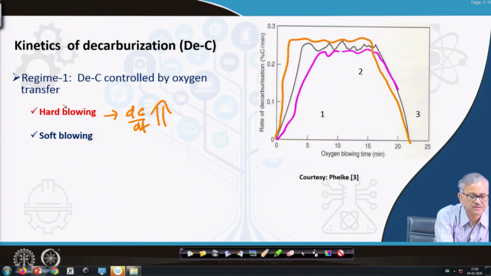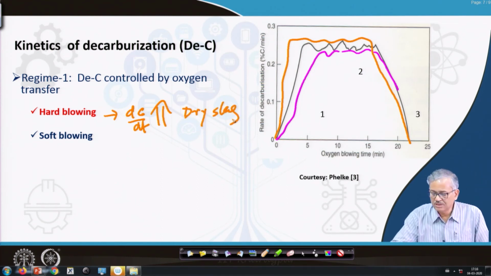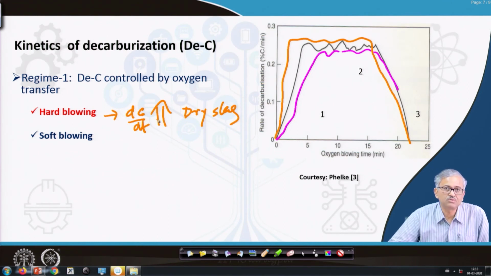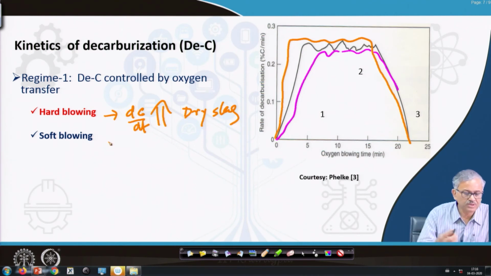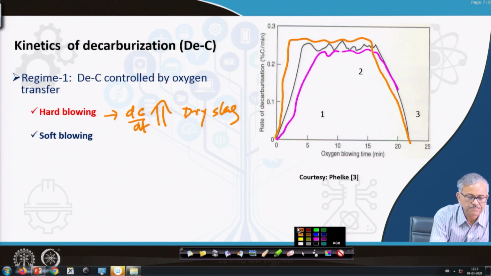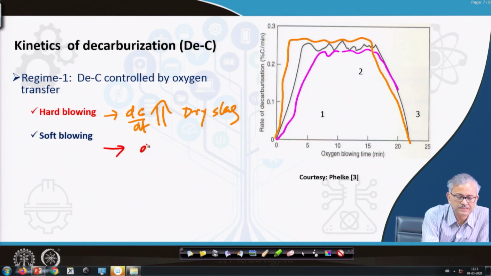This is very high, hard blowing, but you may have a dry slag. You can have a dry slag. Okay, that is the two things. The decarburization rate will be very high, but you may have a dry slag. And soft blowing, basically in case of the soft blowing, you have